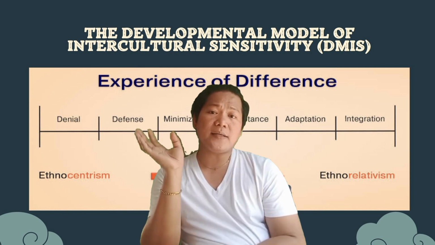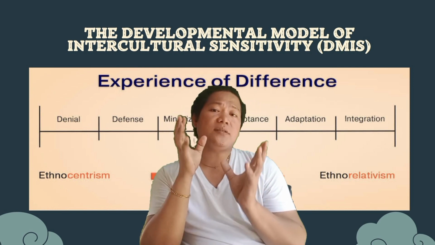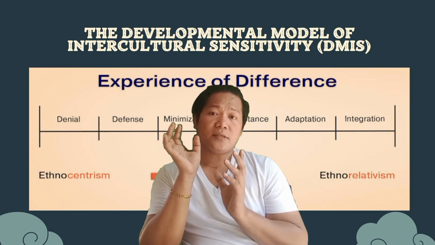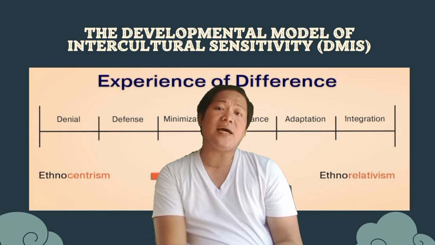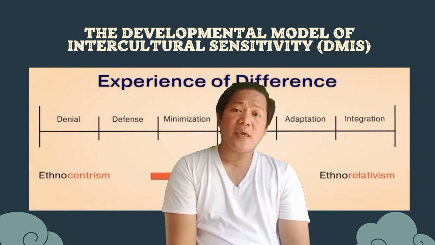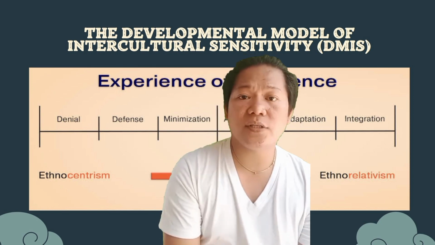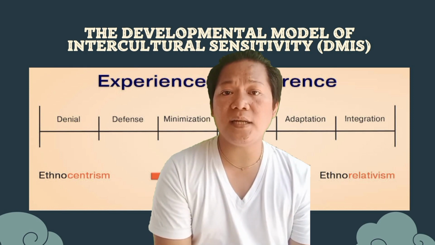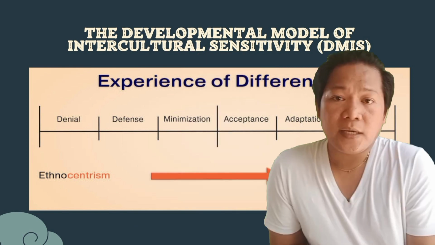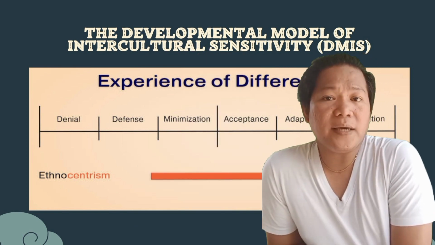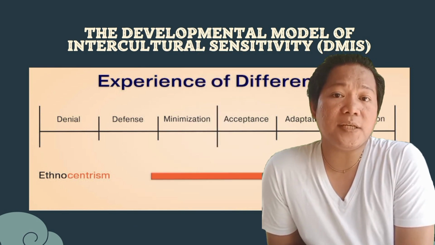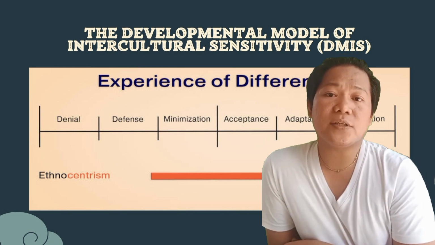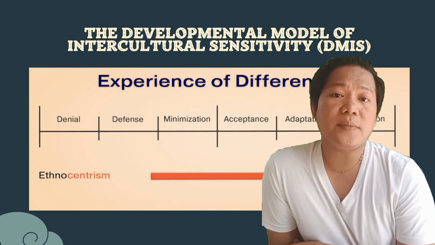So the DMIS posits the ethno-relative worldview, so the acceptance and adaptation, they have more potential to generate the attitudes, the knowledge, and behavior that constitute intercultural competence and facilitate adjustments in a new milieu. So in sum, the DMIS offers a theory-based explanation of individual effectiveness in intercultural encounters, capturing the elements that